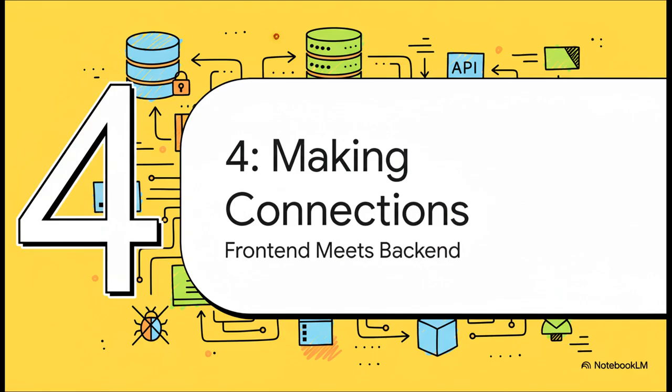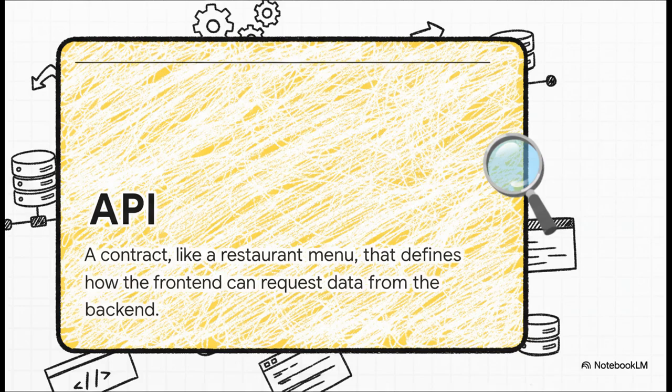Okay, checkpoint 4, making connections. We've built this powerful engine in the backend, but how does the front end, the part the user actually sees and clicks on, how does it communicate with our engine? The bridge between the two is the API, the Application Programming Interface. And honestly, the best way to think about it is like a menu at a restaurant. The menu tells you exactly what the kitchen can make and how you need to ask for it. An API is just like that. It's a clear, defined menu that tells the front end exactly how to ask the back end for data or